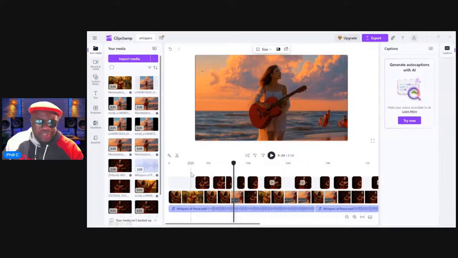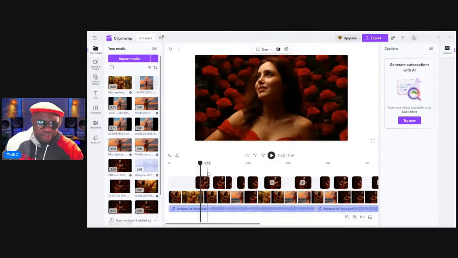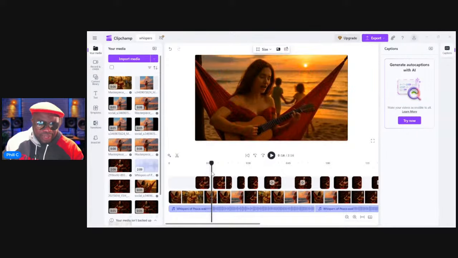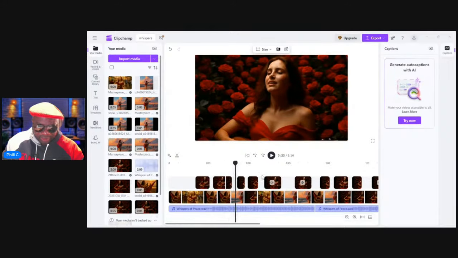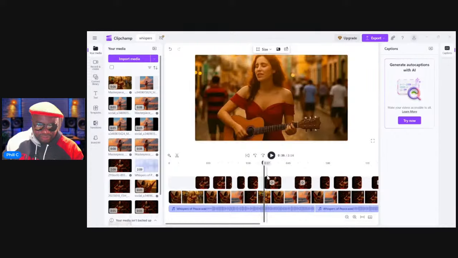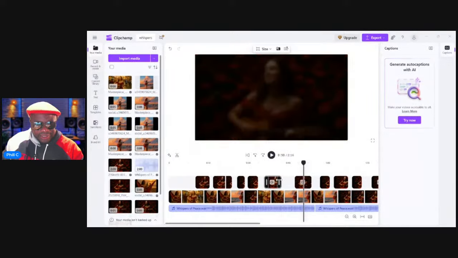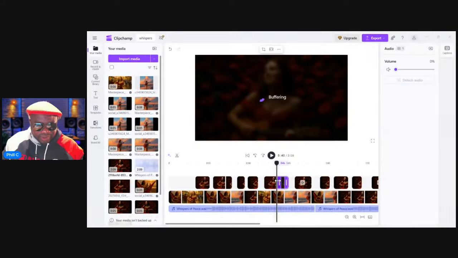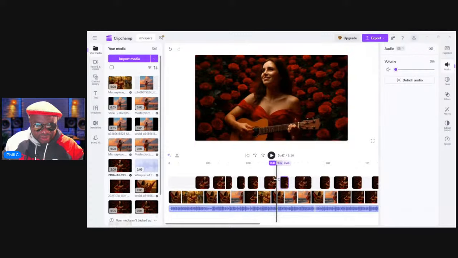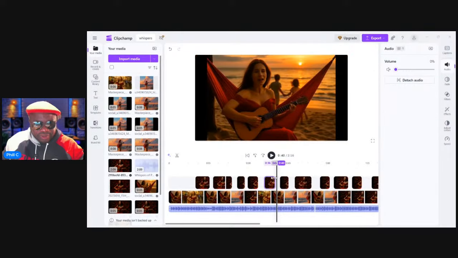So you've basically got the main footage on top, and then you've got the B-roll at the bottom, which fills in the spaces to break the monotony. And the more B-roll that you have at the bottom, the better it is. So people are focused on what she's singing, but they also have the B-roll to take the edge off the monotonous top track.